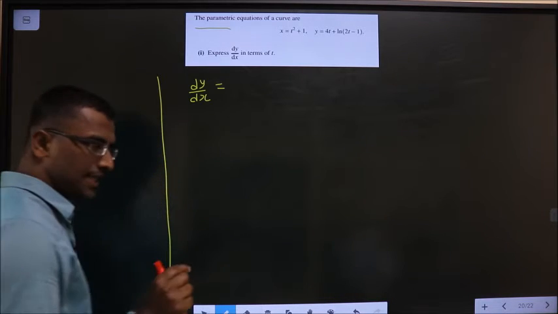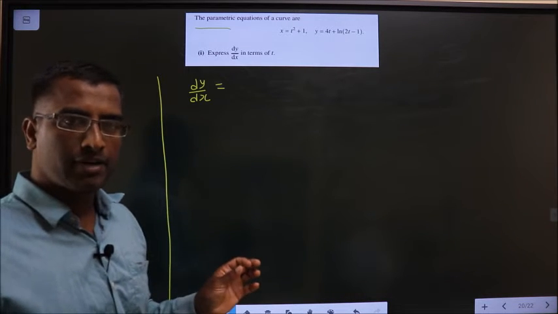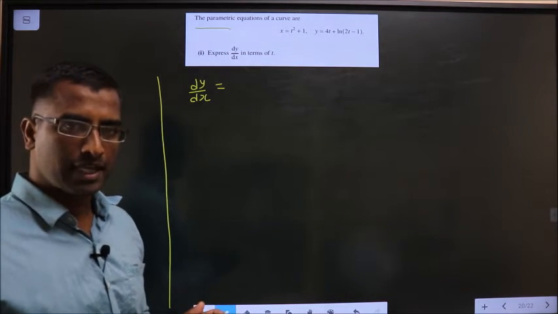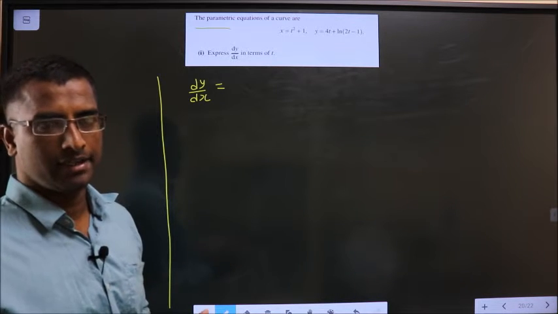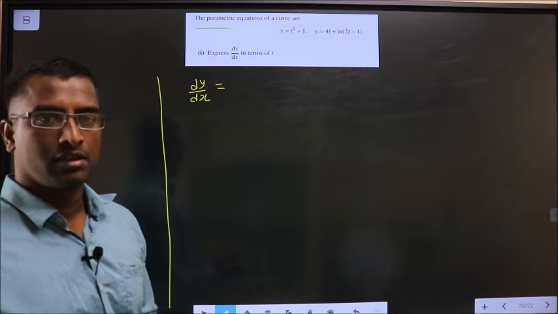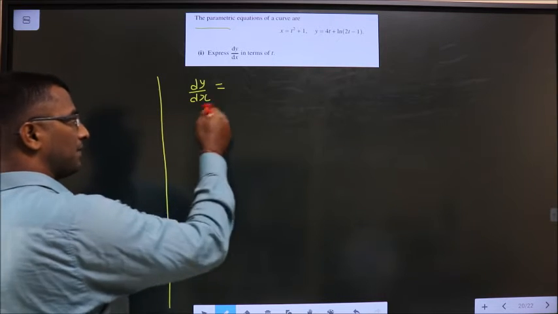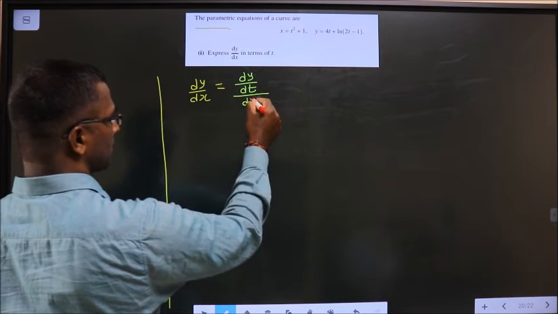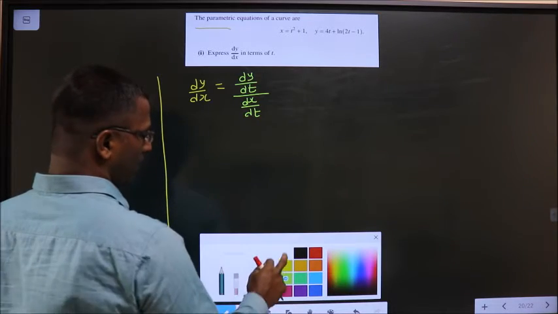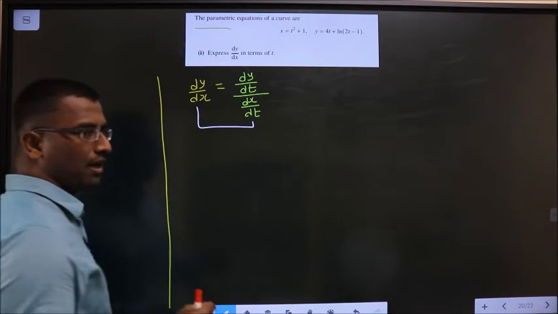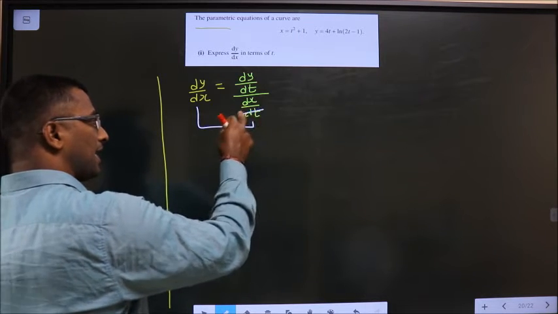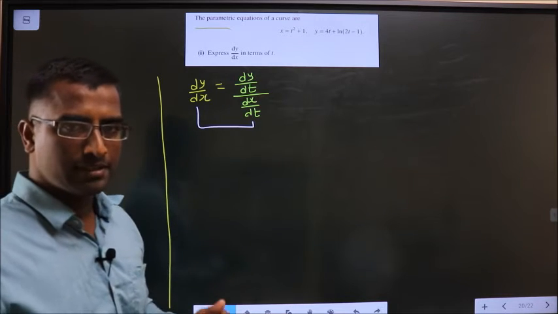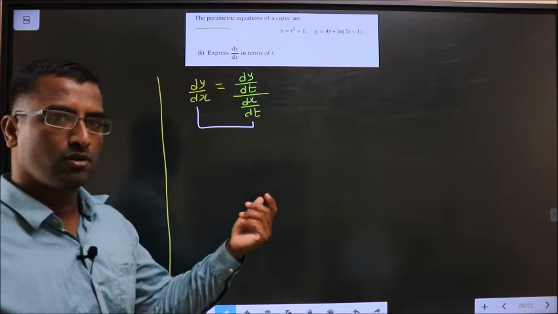And the change here is that x and y are present in terms of another variable t. Clear? x and y are present in terms of some other variable t. In this sort of case, for dy by dx, I take dy by dt divided by dx by dt. Anyhow, these two are the same, and how they are the same is that if I cancel dt, I get dy by dx back. Clear? Whenever x and y are in terms of some other variable, this is how we change to dy by dx.